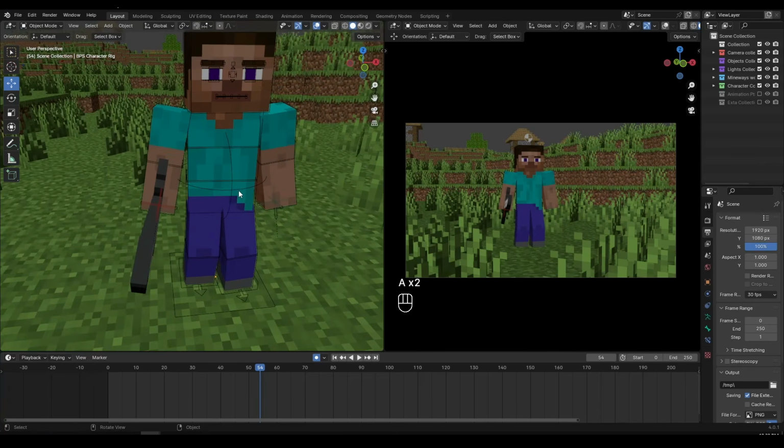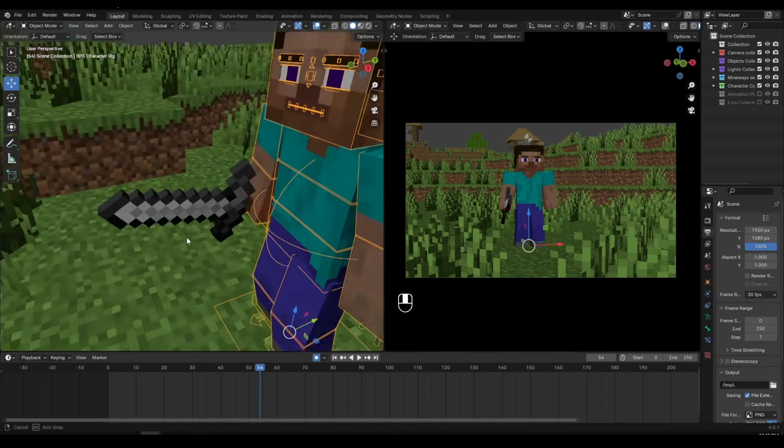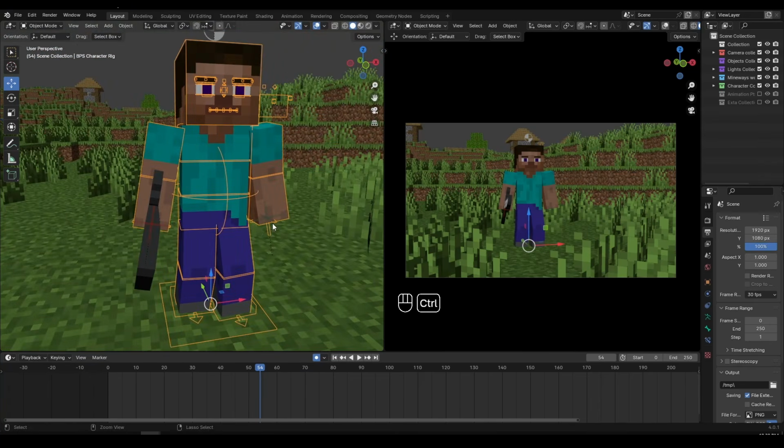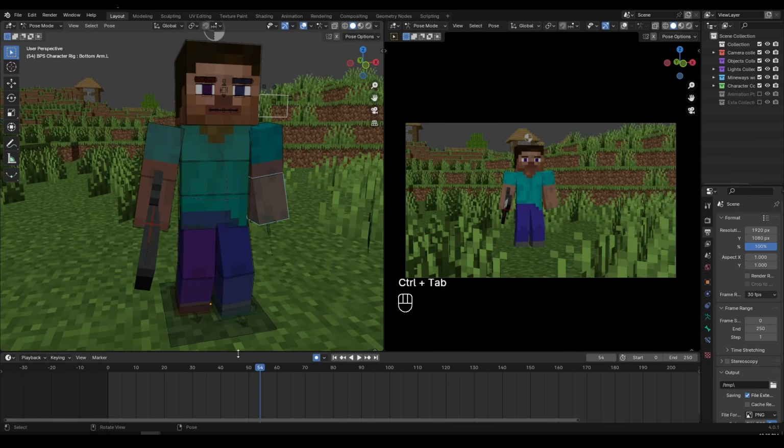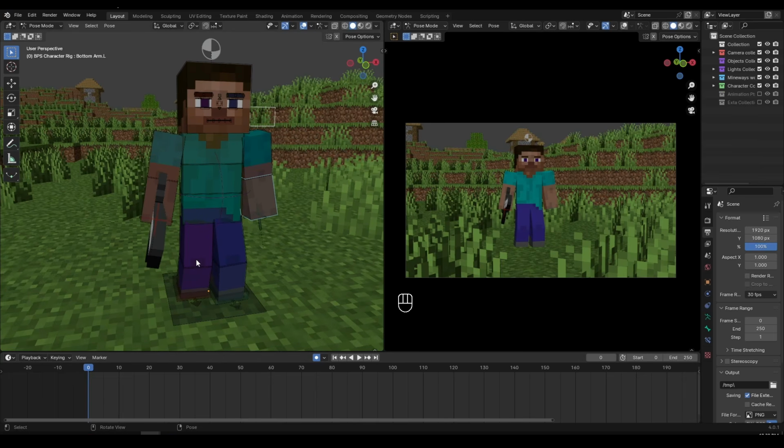If you remember, if I left click to select my character and go into pose mode by pressing Ctrl Tab, I go inside the pose mode. First of all, always go to frame 0, because you might start animating from the middle and you're going to have to change the keyframe and move the keyframes back, which is unnecessary. So let's go to frame 0, left click to drag my cursor over here, and go to frame 0. Now what I would recommend is before you start any animation, you want to set a starting keyframe